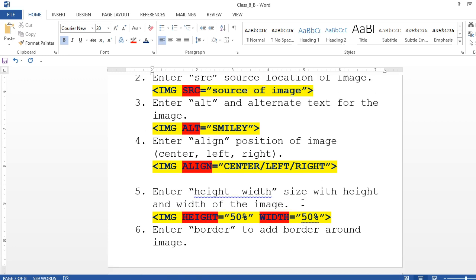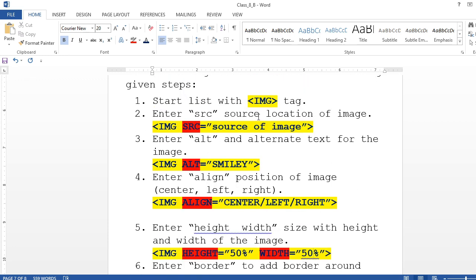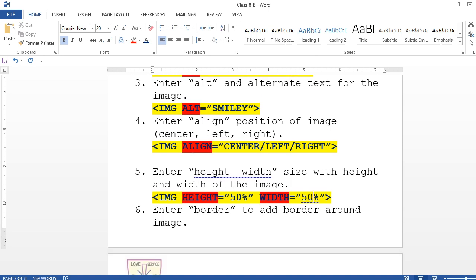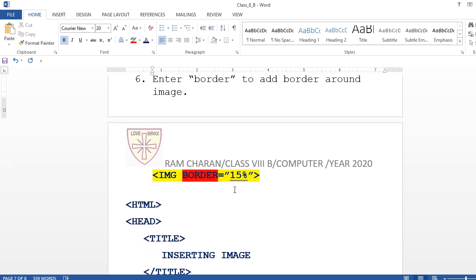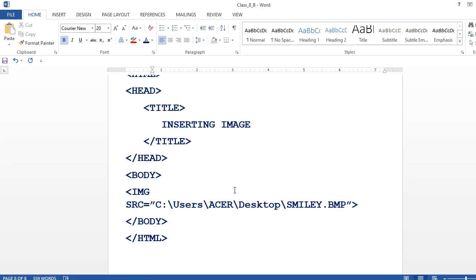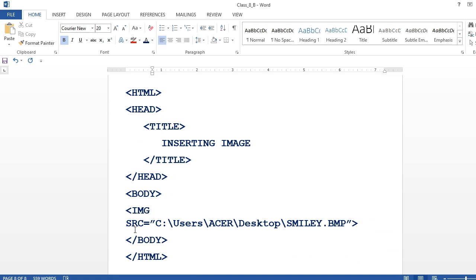So we have inserted an image by using how many attributes: src, the source location; alt, the alternative text for that image; alignment, center, left, right; then height and width; then again border. This is a text I had written for you, and here I had created one image and kept it on my desktop.